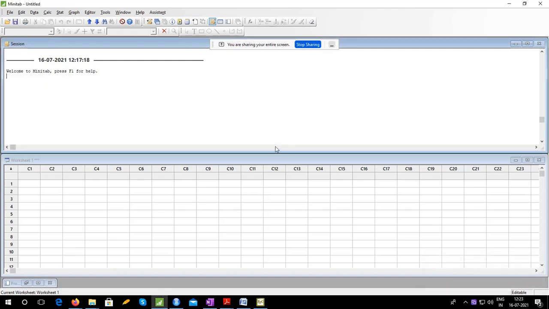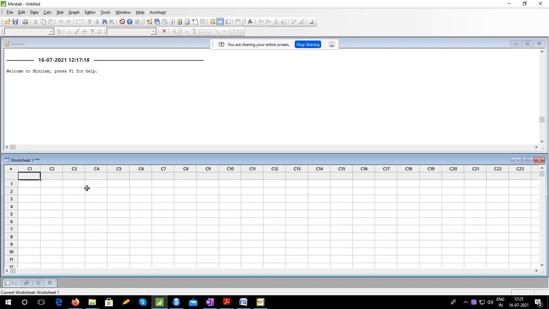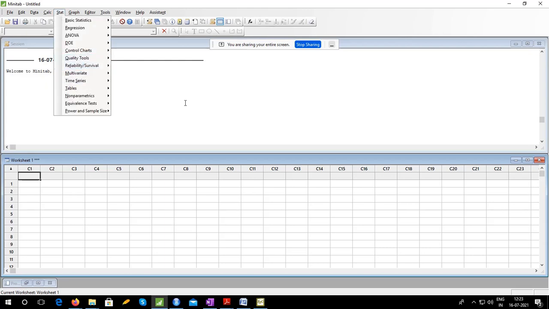Fine. Sorry. So this is how the Minitab window looks like. There are two major components. This blank part is known as session window and this Excel type of sheet is known as worksheet. Whenever you import some data or you paste some data, it gets displayed in this worksheet, and whatever analysis you do, whatever commands you select, get displayed in the session window. So here is a menu. Minitab is menu driven software unlike R. So you can choose what you want to do from here.